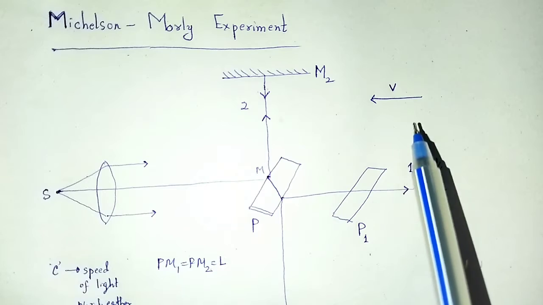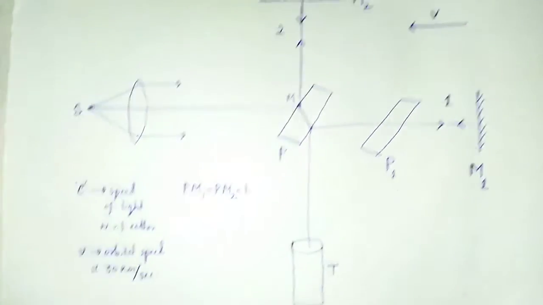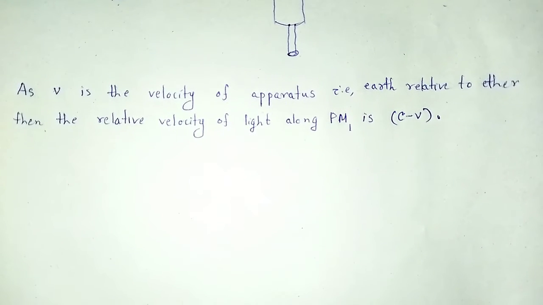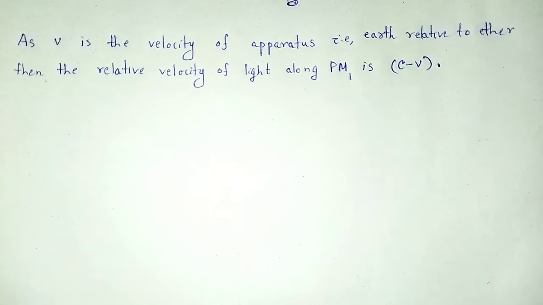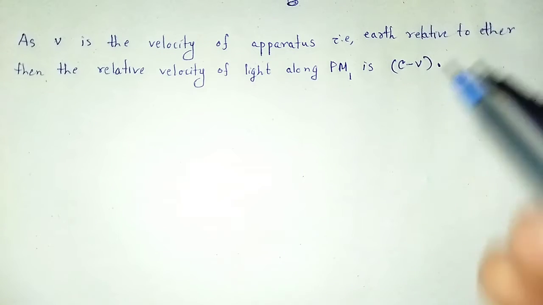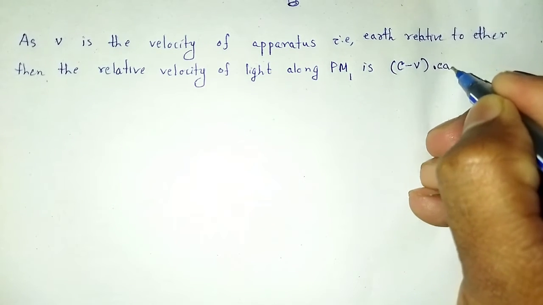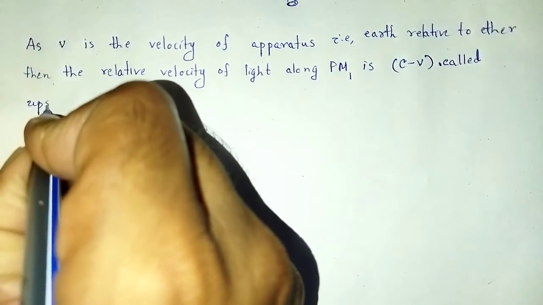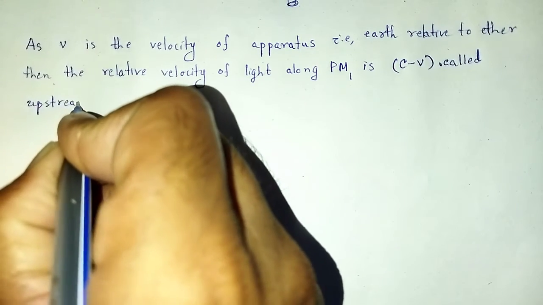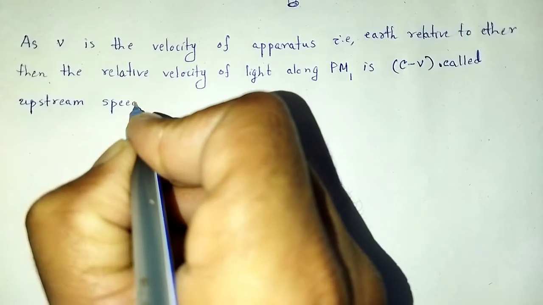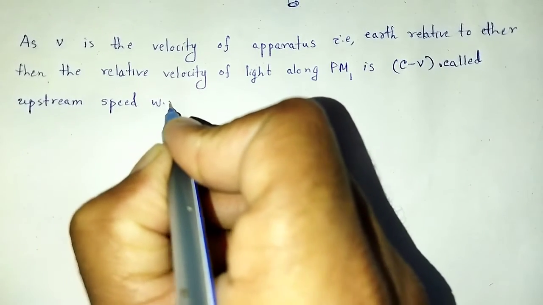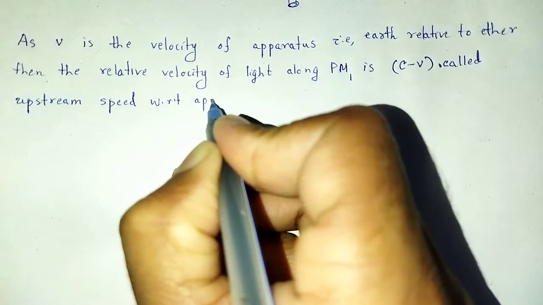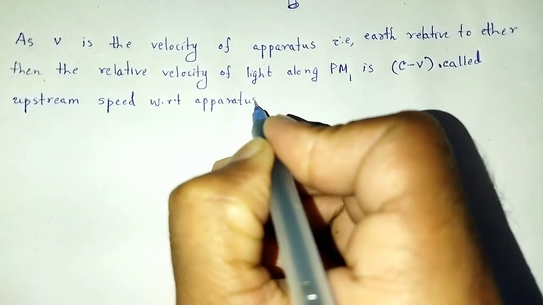That is why the resultant velocity will be C minus V, which is called the upstream speed with respect to the apparatus